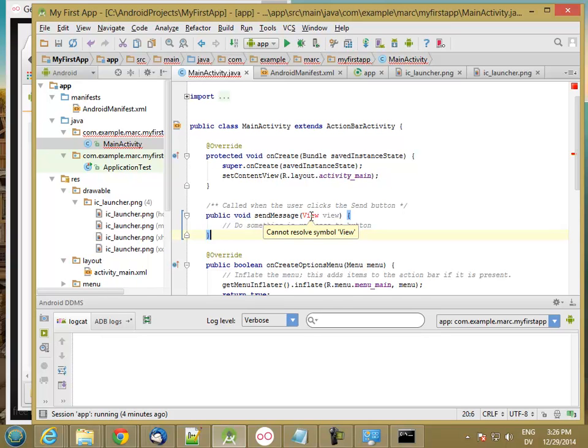Now the reason is that in Java, if you want to refer to a thing, you have to have that thing defined in a separate class file, and it has to be imported into the class that's using it. And this is really easy to fix in Android Studio. All you have to do is hold down the Alt key and press Enter, and it automatically